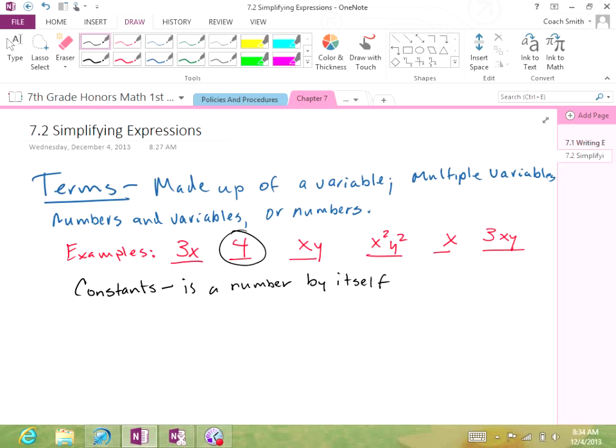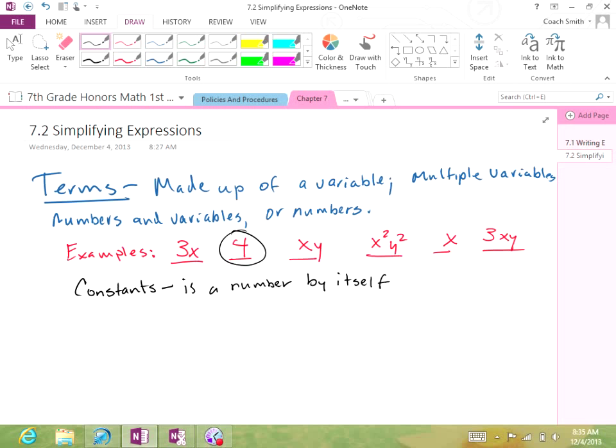Okay. Let me ask you this, and you may have a different opinion of this. Are the rules in my class always constant, or do they change? They're constant because they what? They're always the same. They don't change. Okay? So constants, when we think in math, is something that never changes. Can the value of x change? Yes. So if I'm taking 3 times something that changes, then my answer's always going to be changing, right? So it can't be constant.